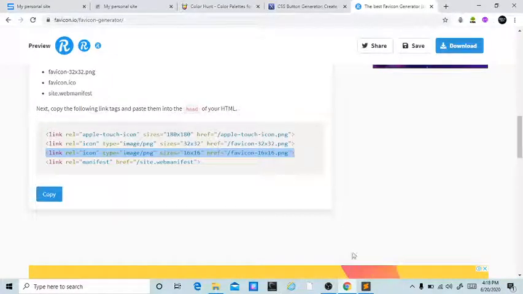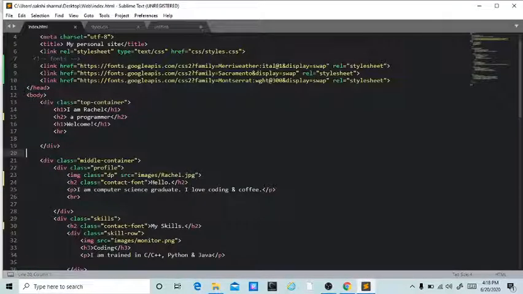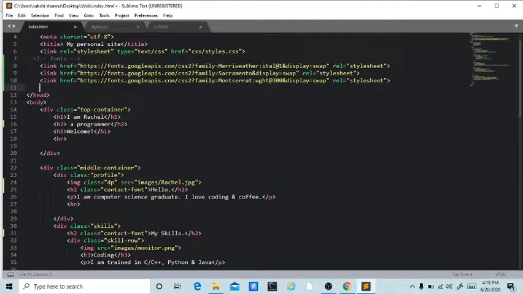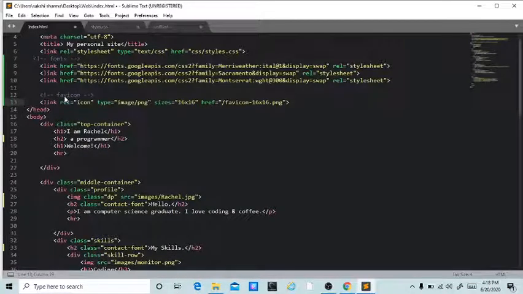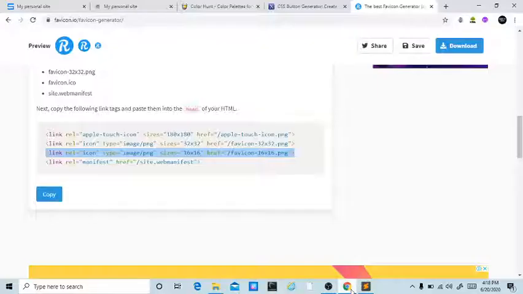but we have to download so that these links can work, because they are not a link on a website you can just click and visit. These images are supposed to be on your PC. So first of all, let's create a comment of favicon. As a programmer, you should be very much organized with such things. And let's download. Click on the download button,